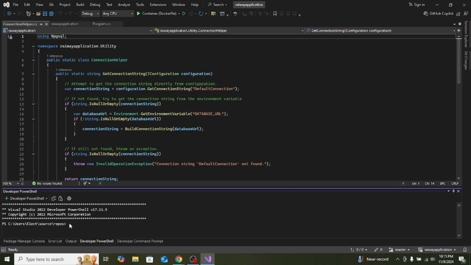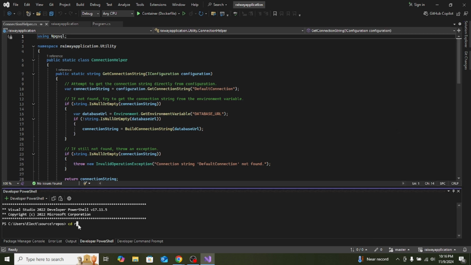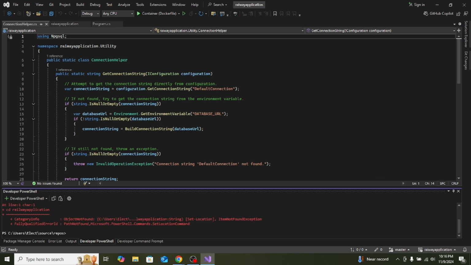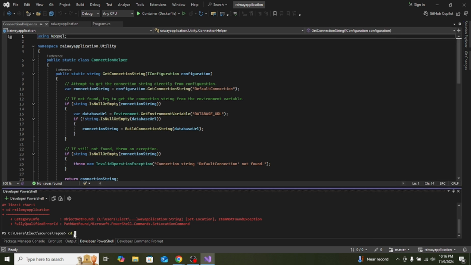Okay, so I am going to go ahead here. What is the project's name? CD Railway application. Make sure I'm in the right path. Okay, CD Railway application. Okay, cool. So then here I'm gonna go ahead and create a .NET EF migrations,